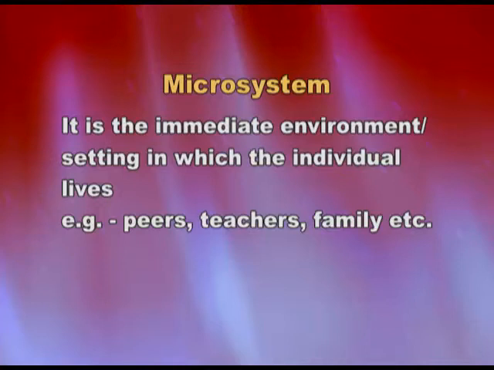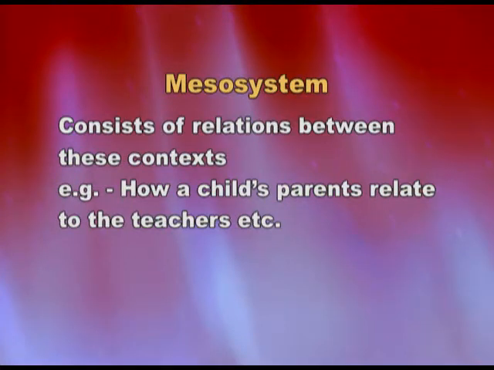Second system under the same, we have the meso system. Meso refers to the relation between all these contexts in the microsystem. So for instance, a child comes and says that my teacher has said a certain thing, and that is right, not what my friends are telling me, not what my parents are telling me. Or an adolescent's parents are interacting with the friends of the adolescent child. So that is known as the meso system, where the relation between the two systems of the microsystem is interacting.